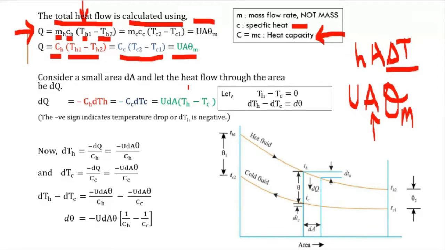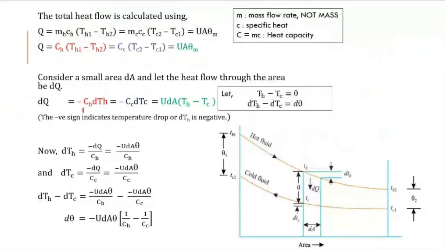Now this was about the total rate of heat transfer. Now we are going to consider the small elemental area which we had considered. Through that small area, the rate of heat transfer dQ can be given by again three different formulae: the heat lost by the hot fluid, the heat gained by the cold fluid, and the rate of heat convection through the heat exchanger. The heat lost by the hot fluid is equal to mc delta T. The product mc is written as capital C, and the delta T term in our case is dTH. Is this dTH value positive or negative?